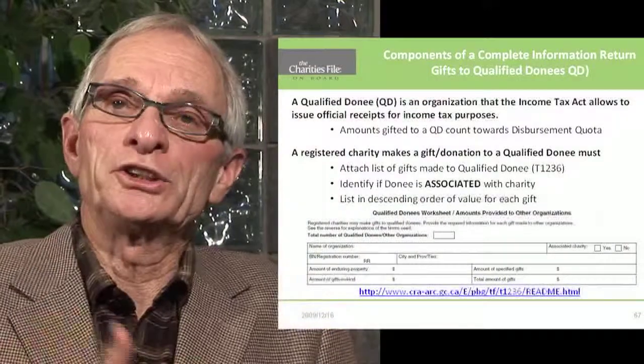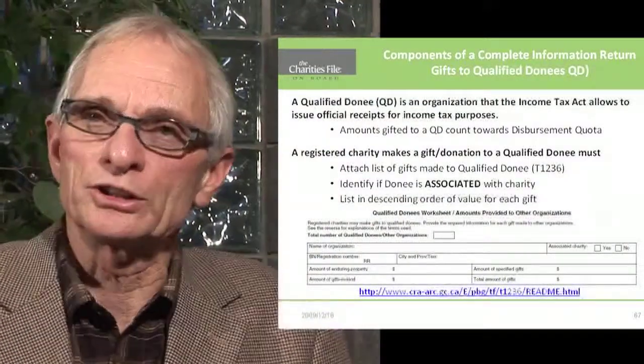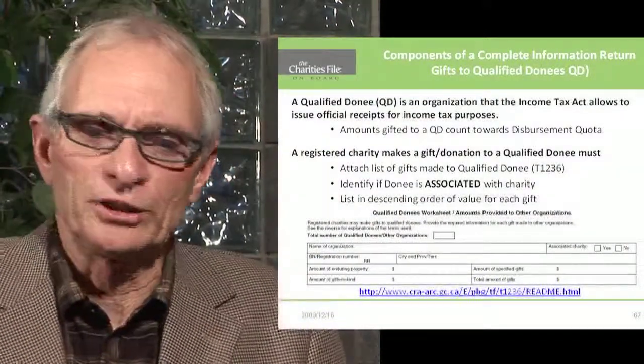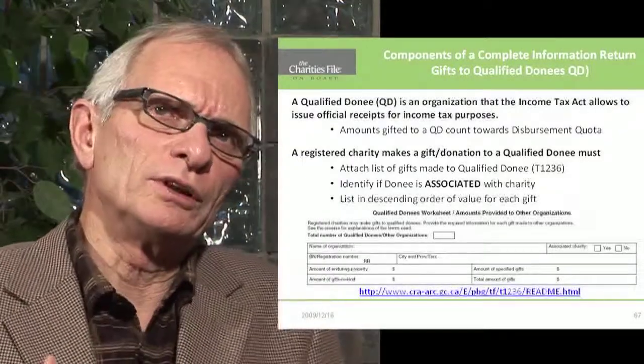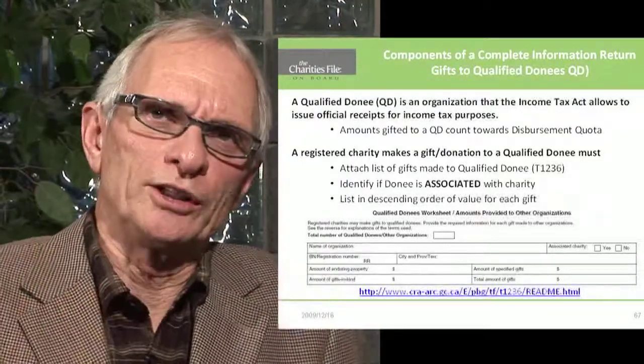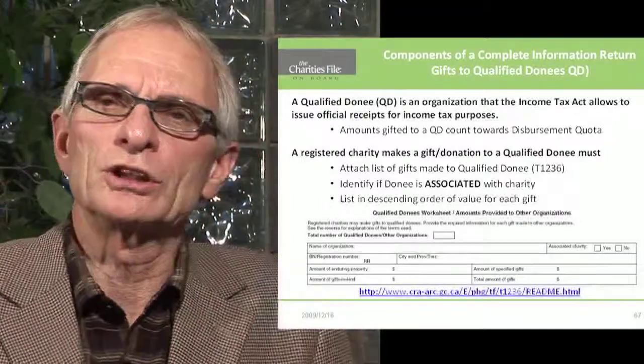If a charity has provided funds to another qualified donee, then they need to submit a qualified donee's worksheet. On this worksheet, they need to identify who the qualified donee that they provided their funding to is. They need to make sure that they have the registration number of that particular charity, and then identify whether that charity is associated with the charity that has donated or forwarded this money to them. So all of the funds that are directed to any qualified donee need to be identified on this worksheet and